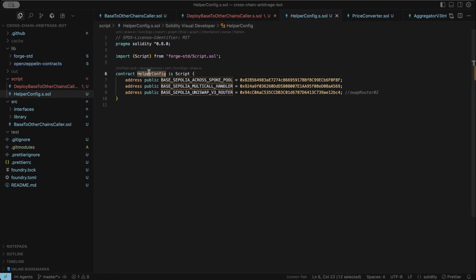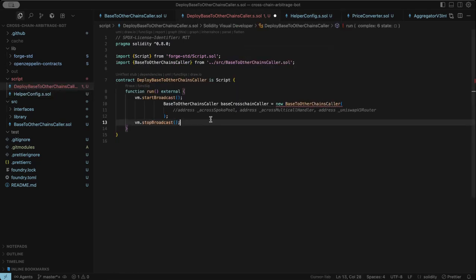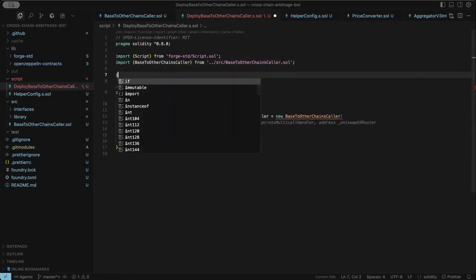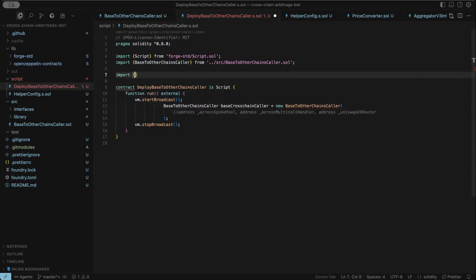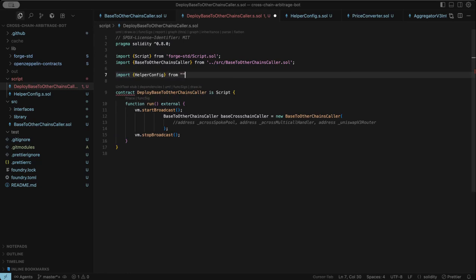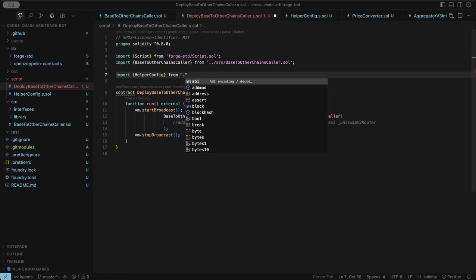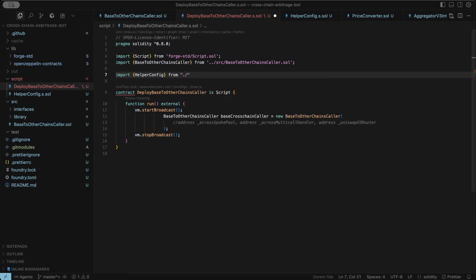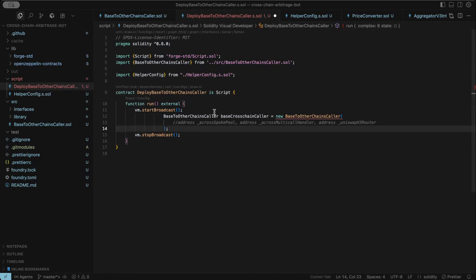Now we are going to import this HelperConfig into our deployer here, the deploy script, from. I am going to have now dot, which means the current directory, and that's where you'll find this file. We put a semicolon at the end. So what we've just said is check this current folder and you'll find this file there. So that's what we've done. So now that we have this,